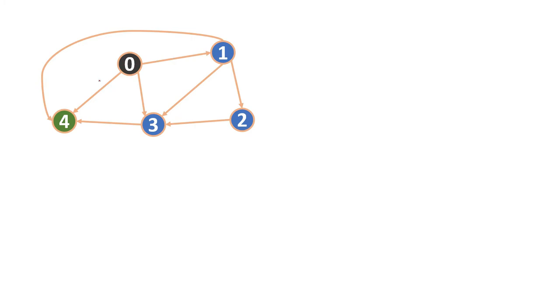So let's choose 4. Then we can mark it as visited. Then we can go to 4, and what we can see from here is 4 is my destination node, so I have already reached the destination. So the first path we got is 0 to 4. Next, we have to unmark this visited thing, because we have to traverse back. So we can mark it as not visited, and then we can proceed further.